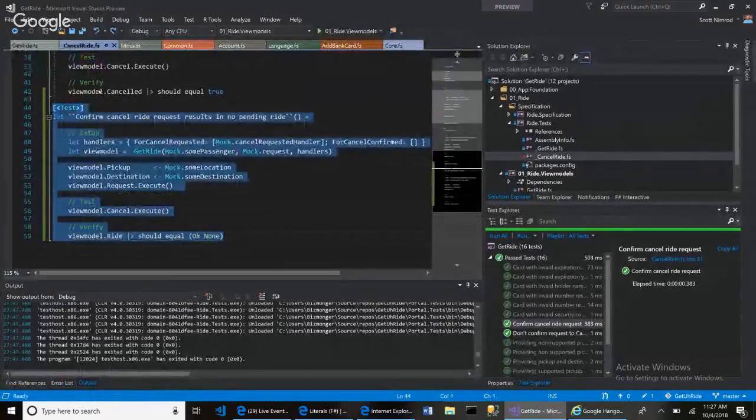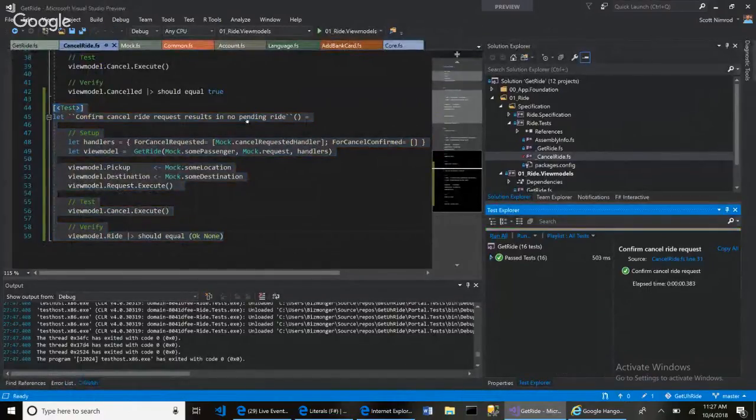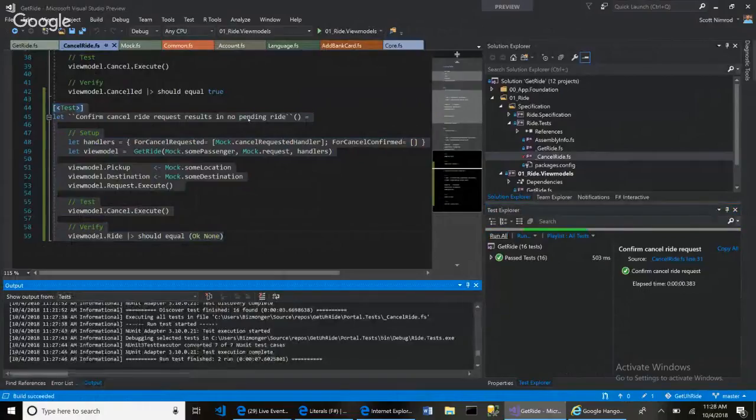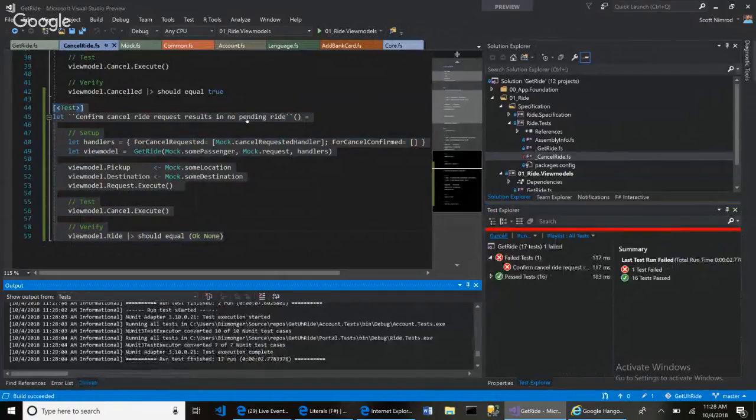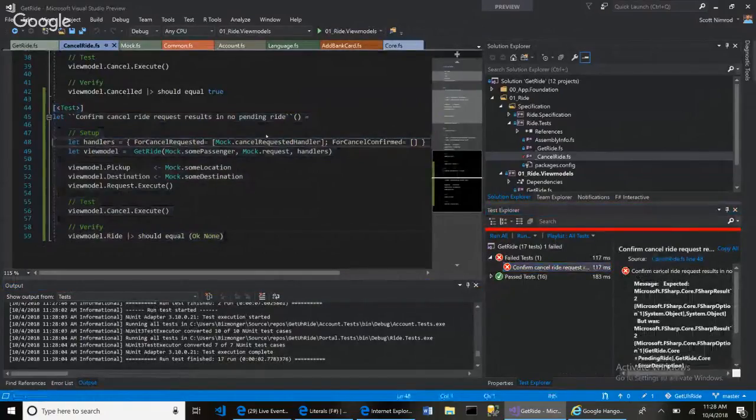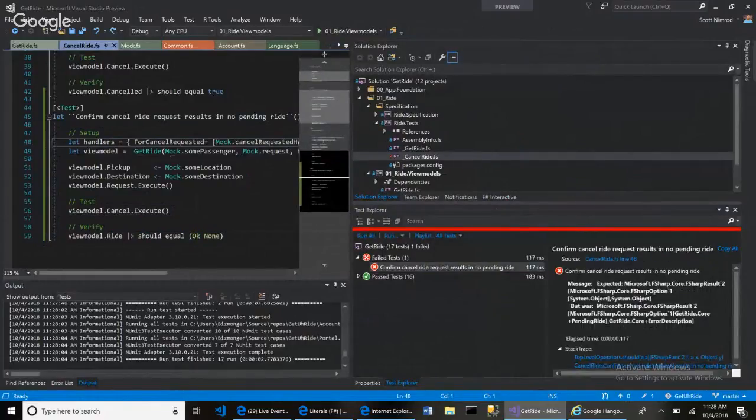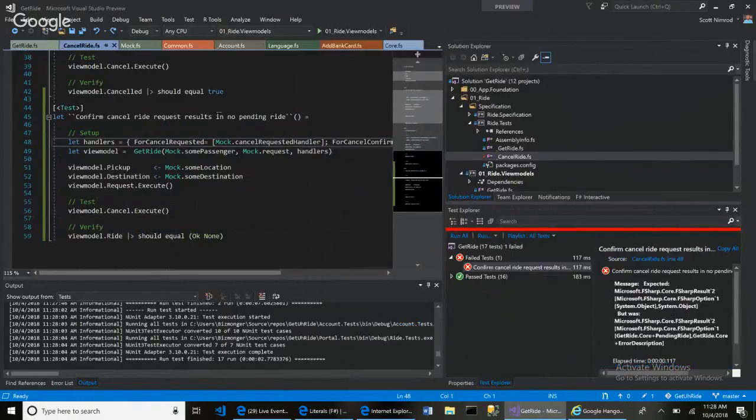So now we got, hold up, something's not right. I thought I had 16 tests before. Run everything, just one more time. Okay. So this cancel ride does not work. And the message is complaining about, looks like some exception occurred. So if I go ahead and debug this,